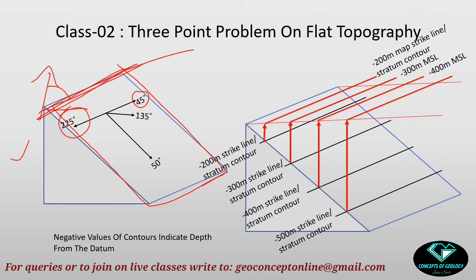Which will be the dip direction of this inclined plane? The dip direction will be 90 degrees apart. True dip direction, I mean I am talking, it will be 90 degrees apart from the strike direction. So it will be 90 plus 45, that means 135 degrees. Okay, and here it is written that the value of the dip, I mean the angle of the dip, is 50